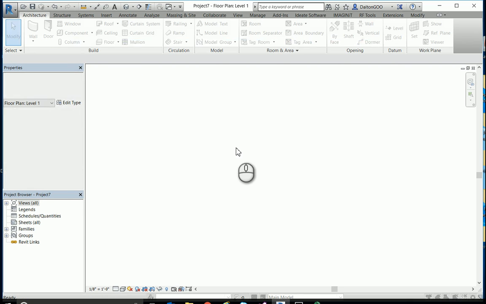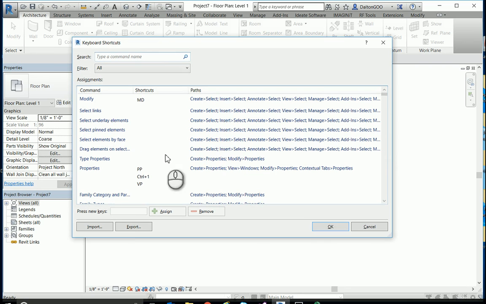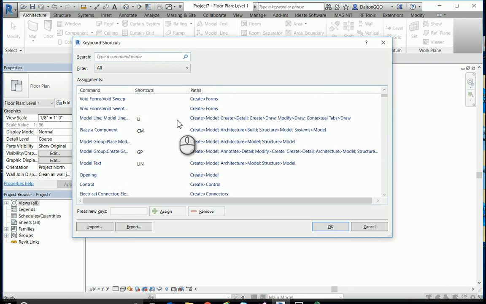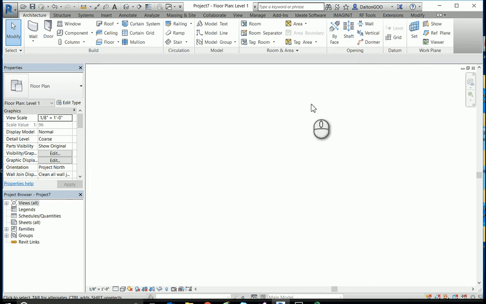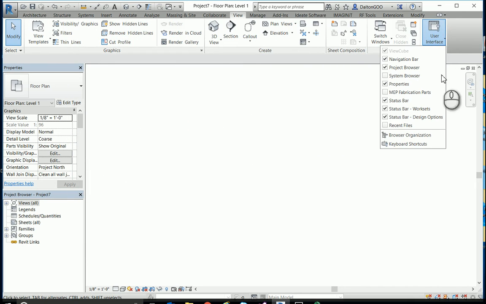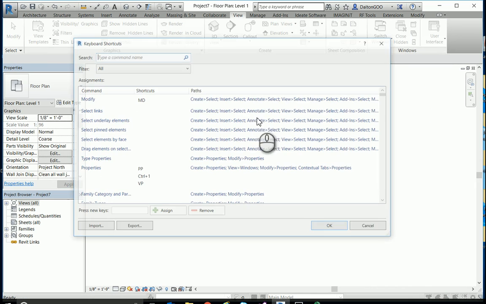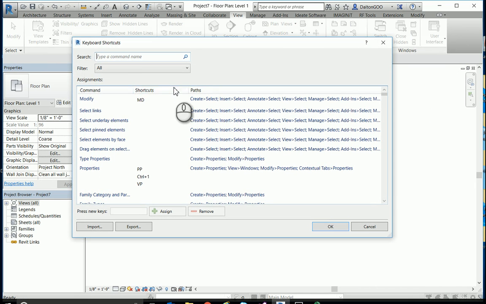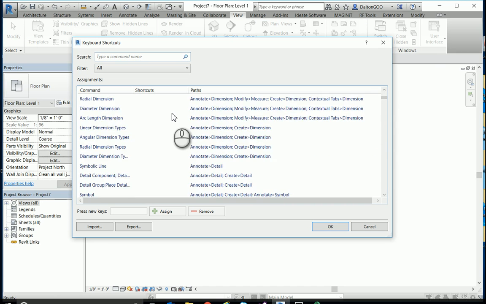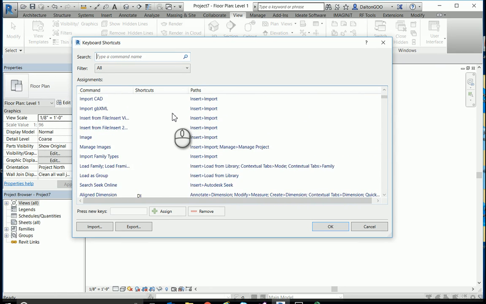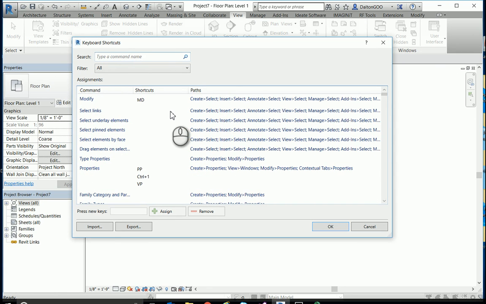KS is for keyboard shortcuts, and you can see here all the keyboard shortcuts that you can use. You can also access keyboard shortcuts if you come over here to View, on the user interface under Windows. You can see there's quite a bit of commands, and a lot of them you can make keyboard shortcuts for,